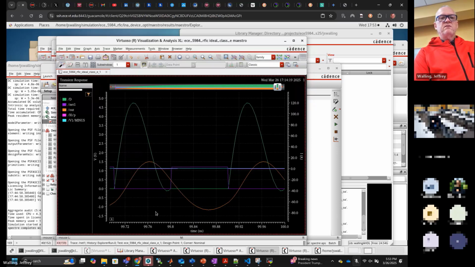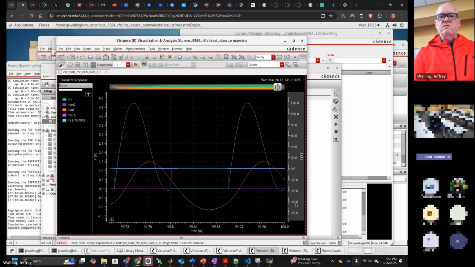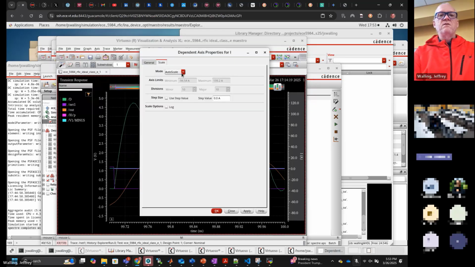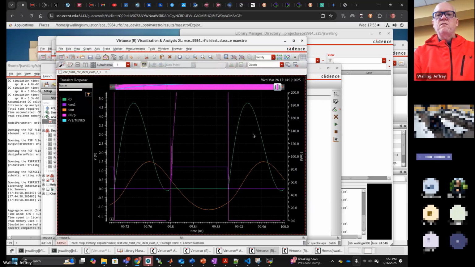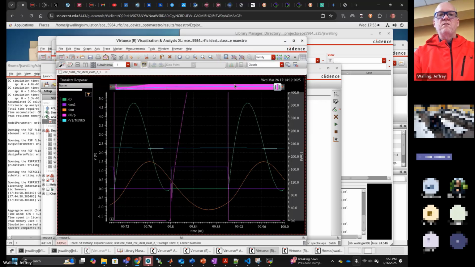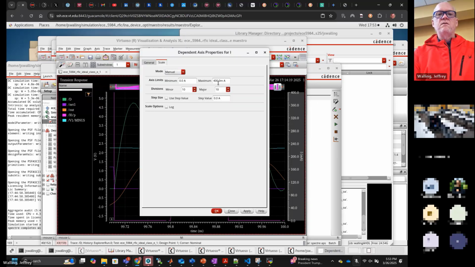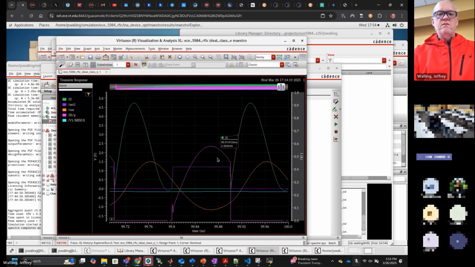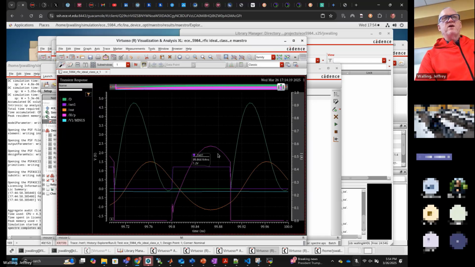Let's see, the current waveform is, okay. So in the idealized version of this thing, the current waveform just ramps up linearly,